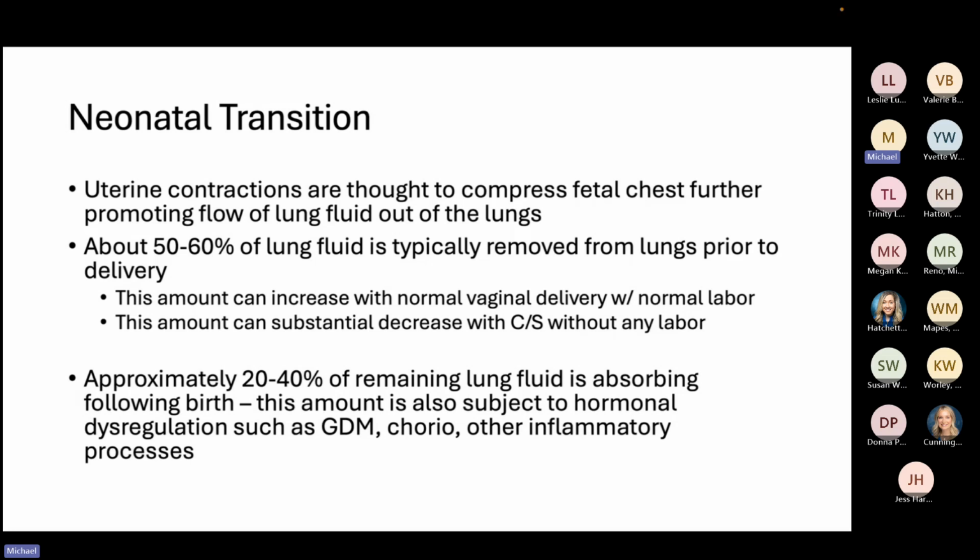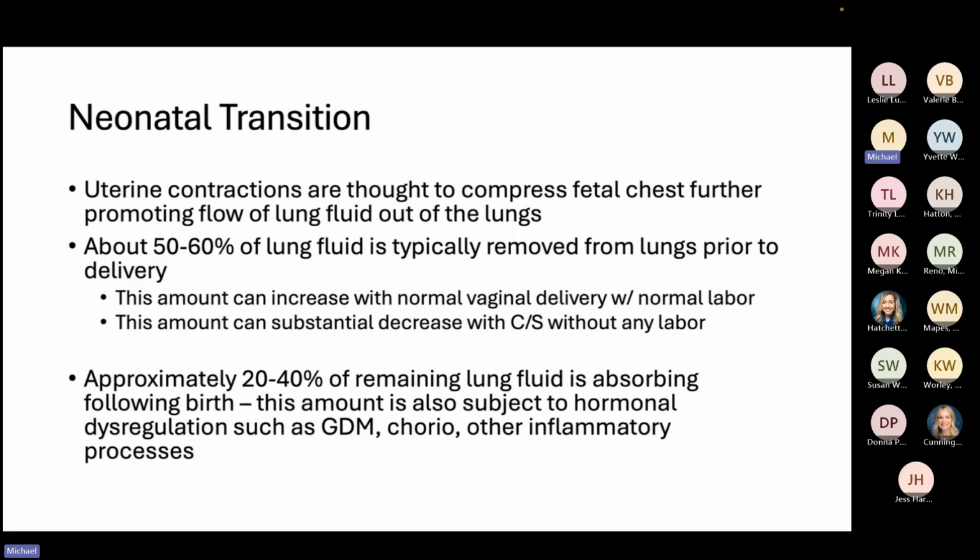And this amount can substantially decrease or be almost completely null with a C-section without any labor. And again, approximately 20 to 40% of the remaining lung fluid is absorbed following birth. This amount is also subject to hormonal dysregulation. So babies born to mothers with certain conditions are thought to be at risk for having increased lung fluid at